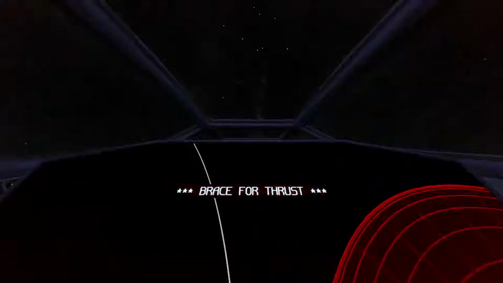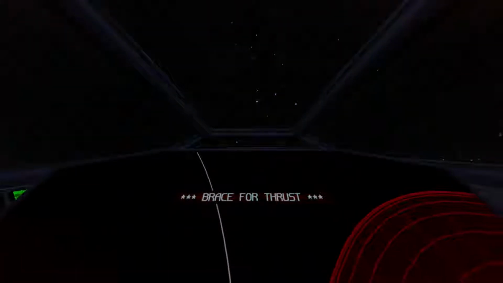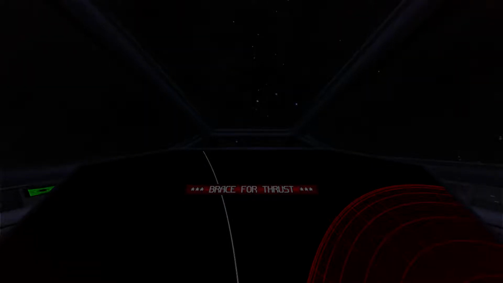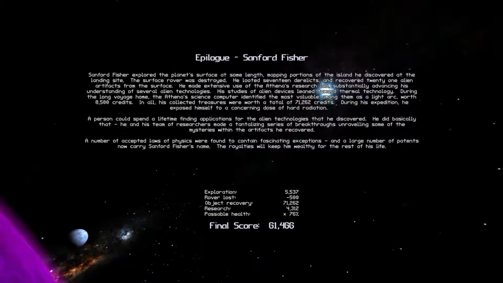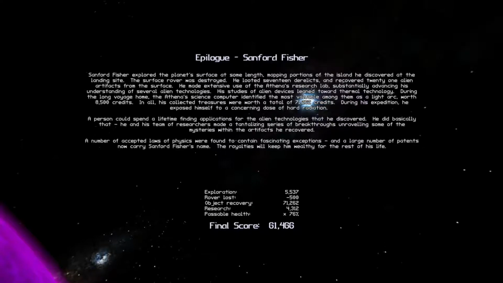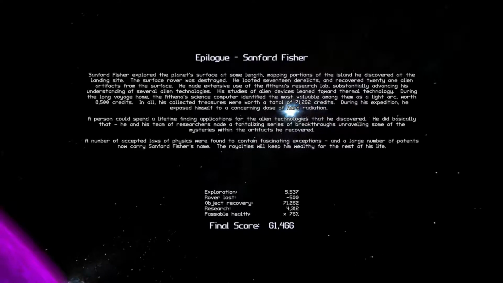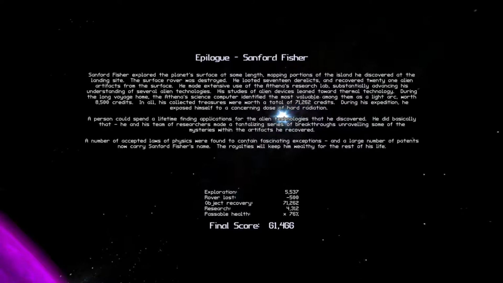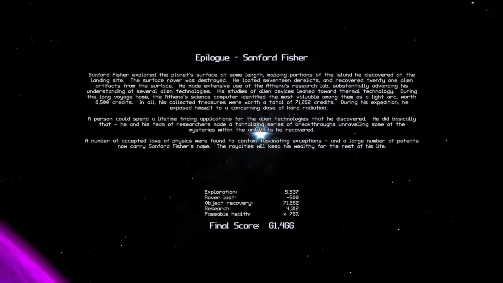Brace for thrust. Nothing he could do. Alright. Mapping portions of the island he discovered at the landing site. Oh, it did point out that I was on an island. Surface rover was destroyed. A light arc. Well, I didn't do his...